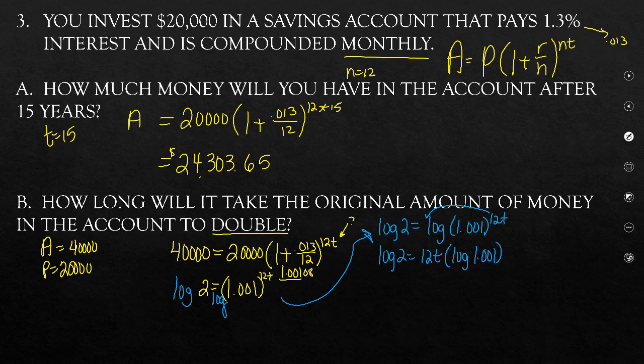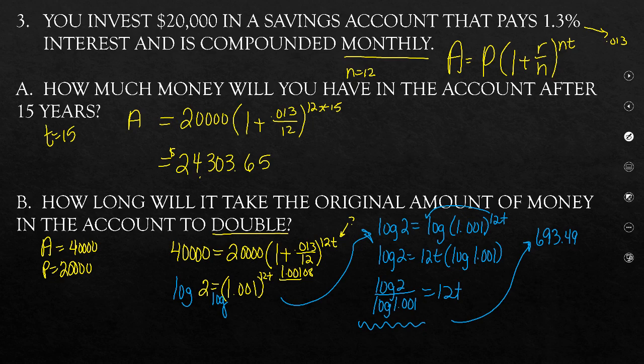And now to isolate the 12t, I can divide both sides of the equation by log of 1.001. You can type log of 2 divided by log of 1.001 into your calculator and see what value you get. Again, we're rounding part of the way through. I don't really like to do this, but it might be a little bit easier to keep up with. So log of 2 divided by log of 1.001 is